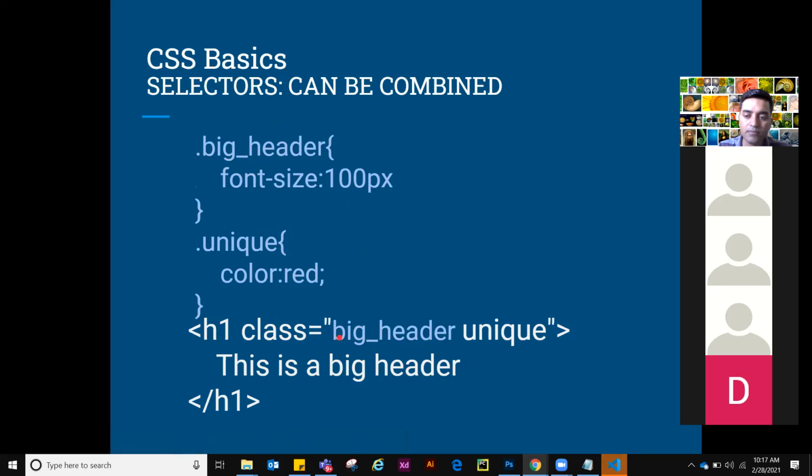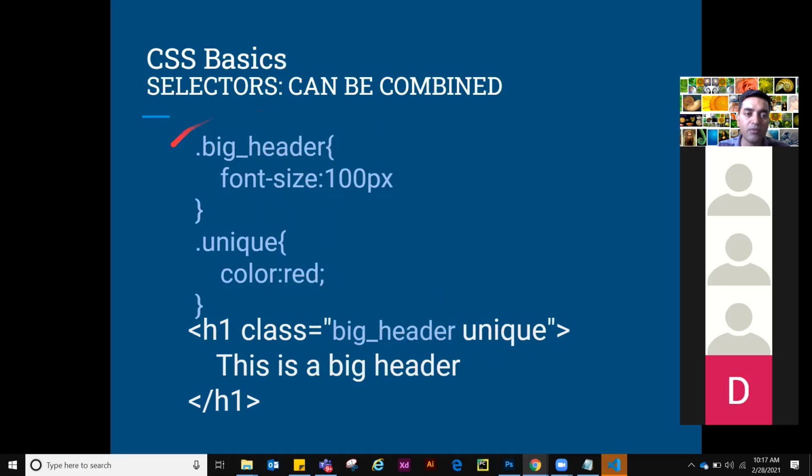See here, we have created two different classes, right? One is big header and one is unique. So we are using the same class big header over here and unique in this section. So we are adding two classes inside one element.